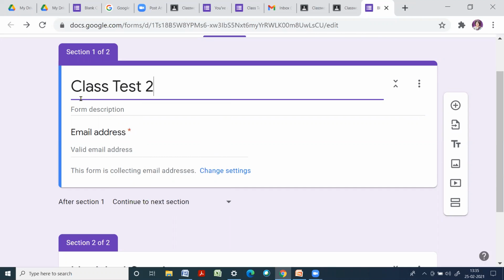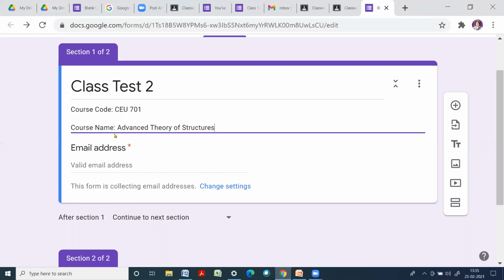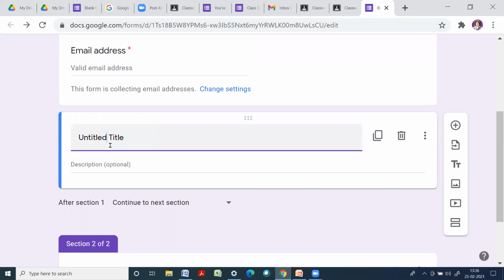Then I will add here the course code CU 701 and the course name. Now to add the instruction, click on this T. You will get this. Then give some title here.